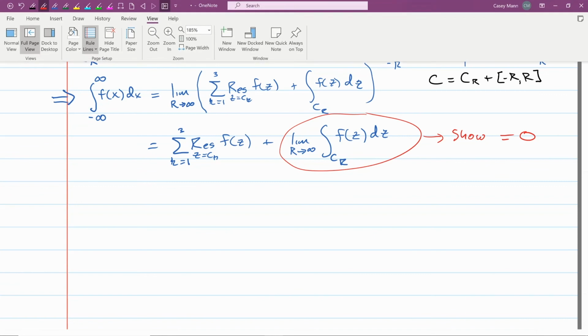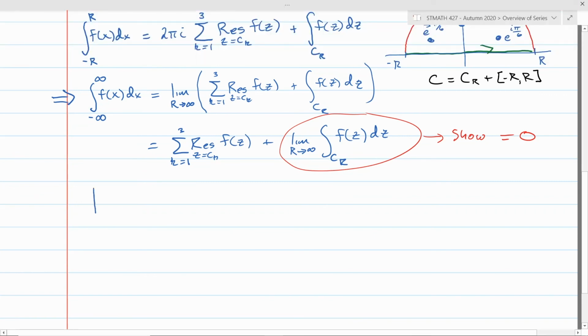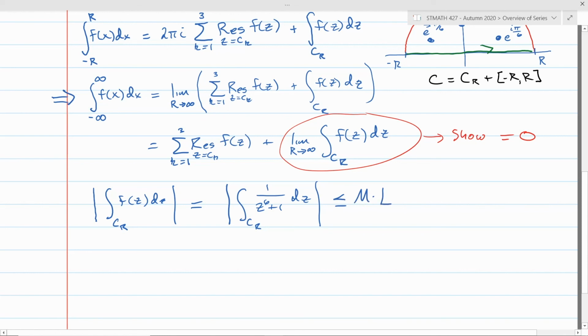If we look at the modulus of the integral around c sub r of f of z dz, so that's the integral around c sub r of 1 over z to the 6th plus 1 dz, we're going to use that theorem that says this is less than or equal to M times the length of the curve, where M is an upper bound on the function. Well, that function, 1 over z to the 6th plus 1, in modulus is less than or equal to 1 over, using the reverse inequality,